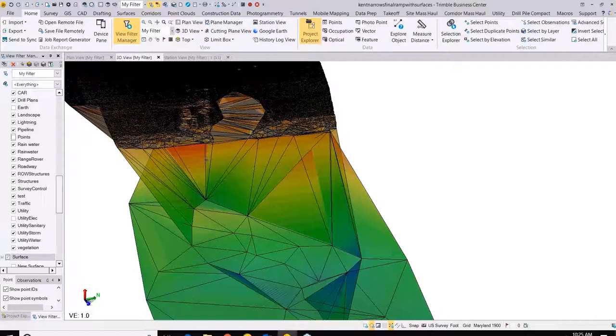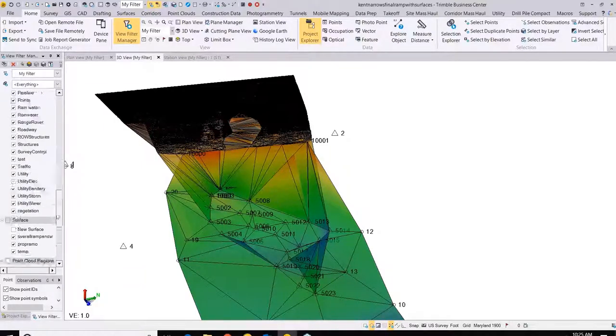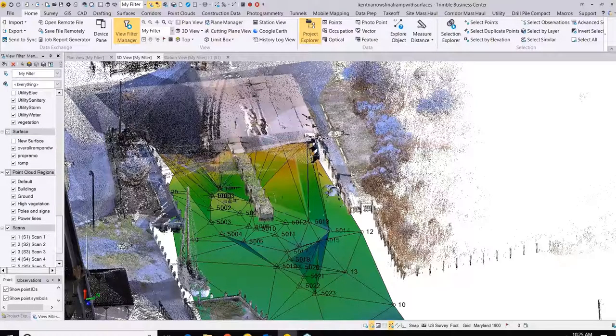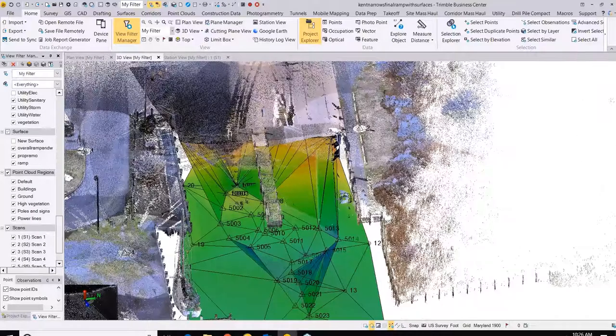So my site 1 and 2 is what's here. Let me click that on there while you're talking about that, Joe, so I can explain it. It's a very good question. Let me open that up a little bit. I'll turn the surface off for a second. We'll go back into my points and turn on the point cloud area here. So my control was set off of 1 and 2 over here. Let me turn that back off a little bit. My control was set off of this station here, number 1,